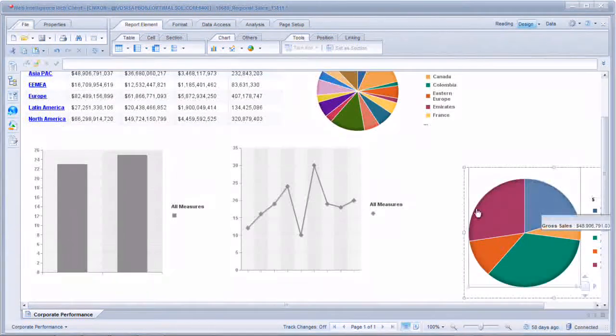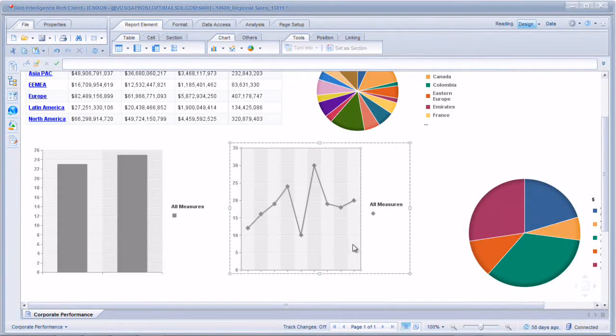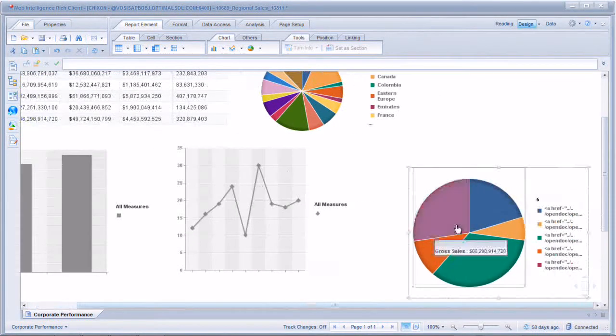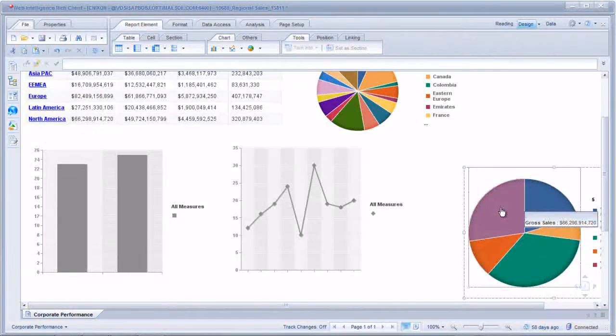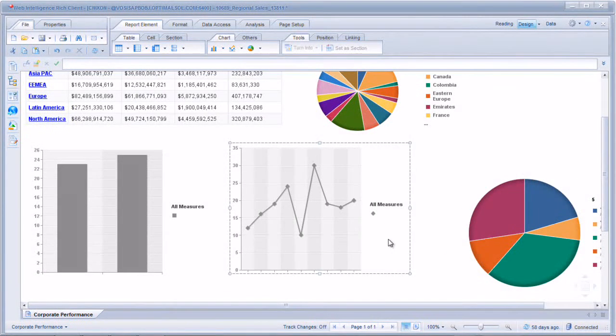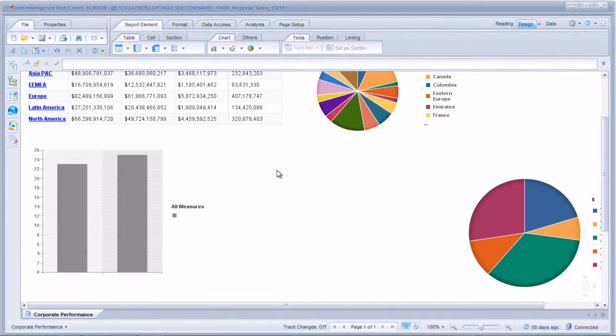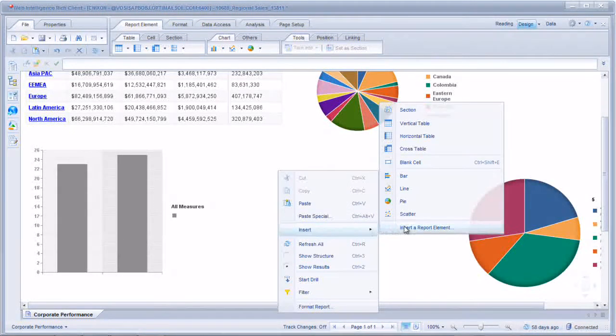Now, the difference between these two and this one is the fact that in these two, the axes have not been selected as yet to know what data points it will be measuring. And since we selected here to turn into, it already has done that for us, doing gross sales. If you noticed in the second way that I mentioned previously on the right-click contextual menu options, when I had the option to insert a report element, let me delete this here, just to give you an example. Insert report element,